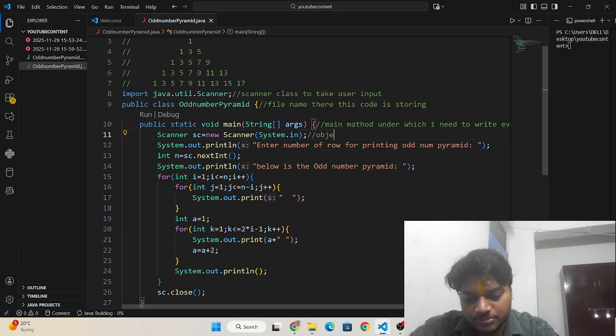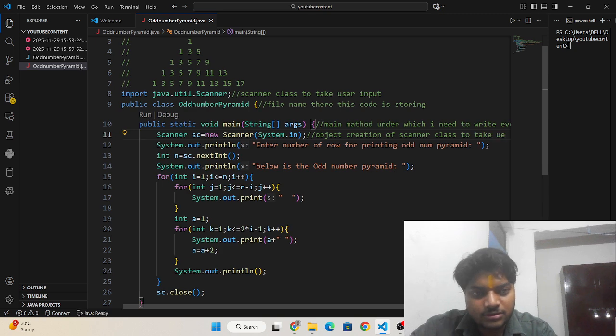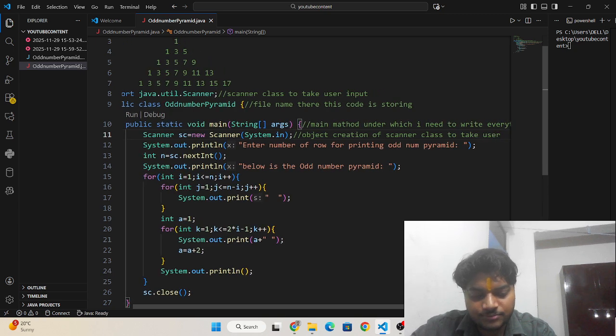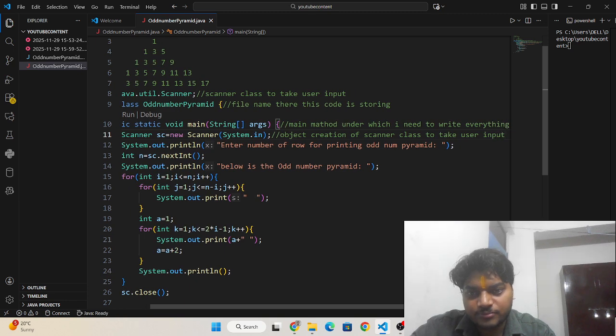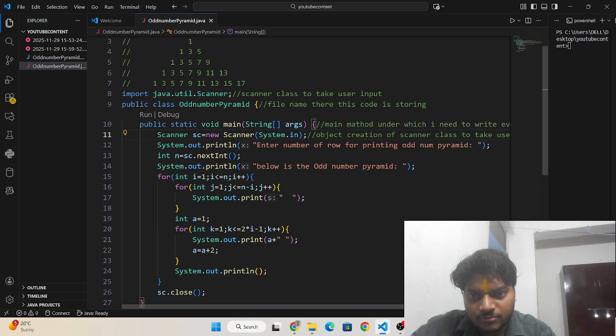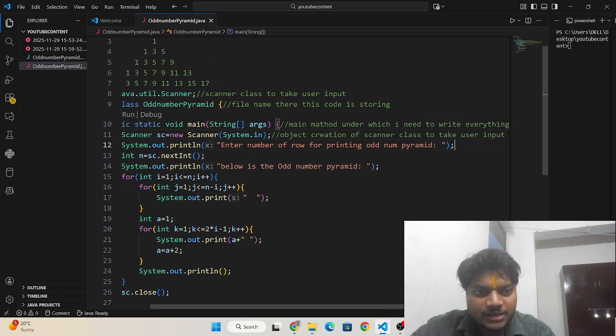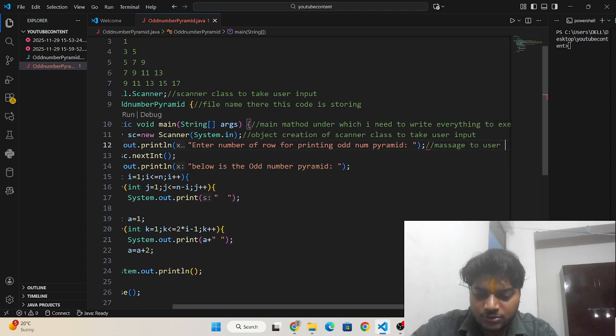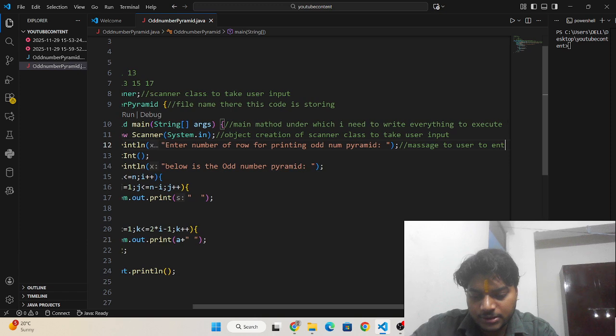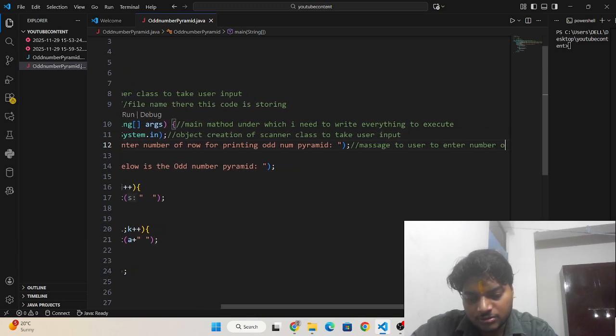This is the object creation of a Scanner class to take user input, and this is the message to the user to enter the number of rows.